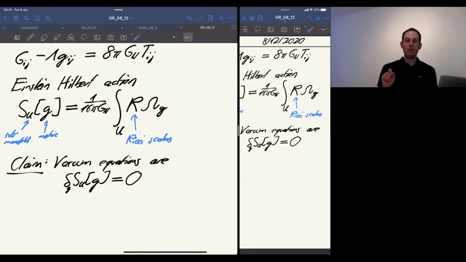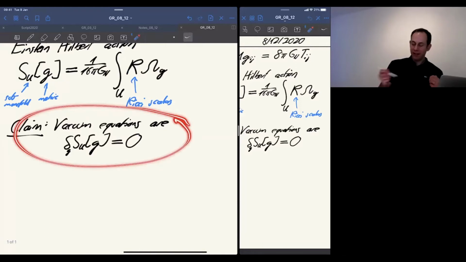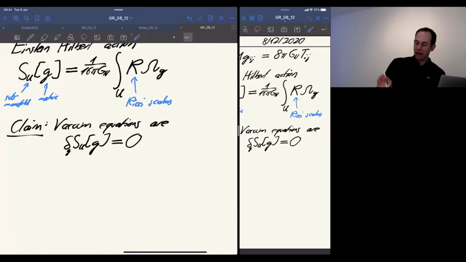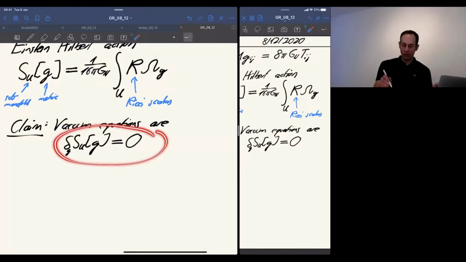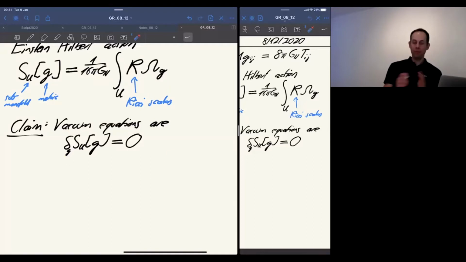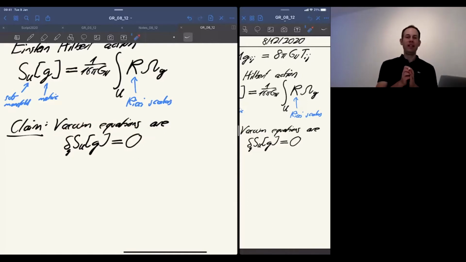And the metric that will minimize this integral will be a solution of the Einstein field equation. Or expressed differently, minimizing or extremizing this will exactly give the Einstein field equation. So we just vary it, so this means we vary the metric a little bit and see how the whole thing changes. And of course, if it doesn't change with small variations, this means we are either at a minimum, a maximum, or potentially a saddle point.